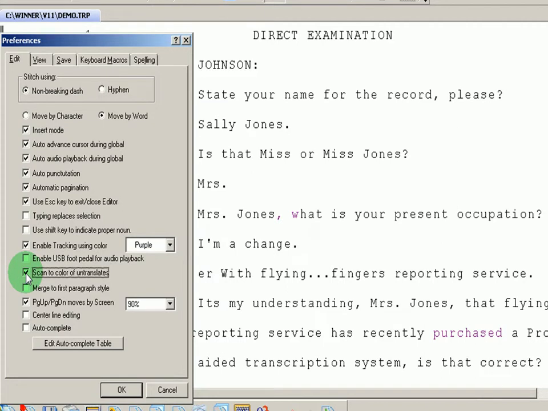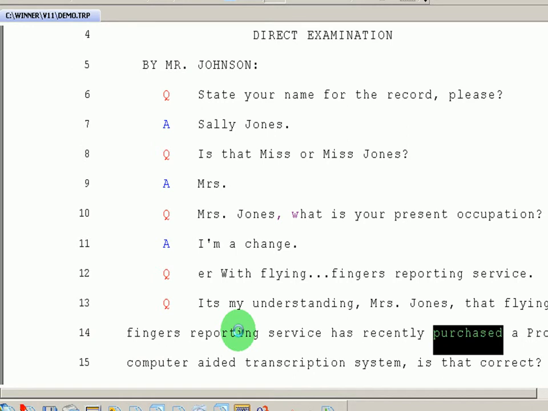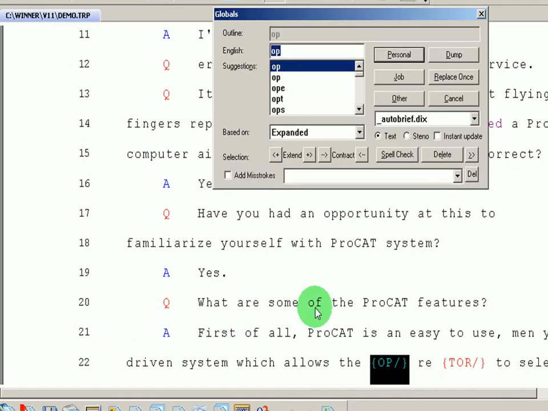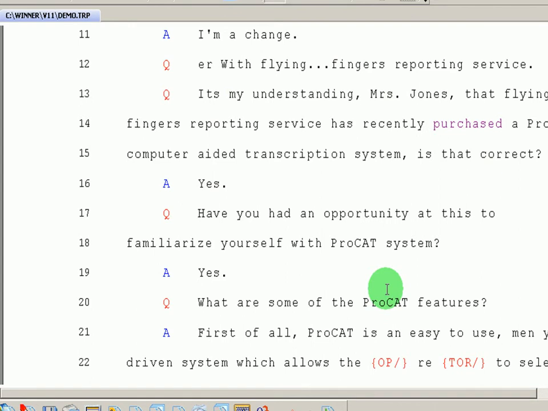Scan to color of untranslates. This really speaks to CART writers who are sending their data to somebody who's viewing it remotely, and they don't want to see the scan stops around something. And so basically what they're going to get is something, oops,